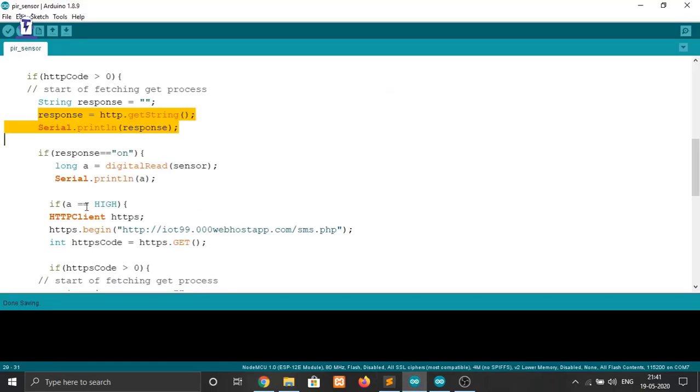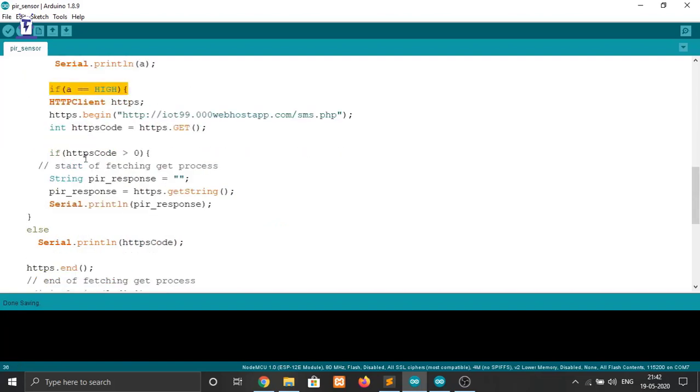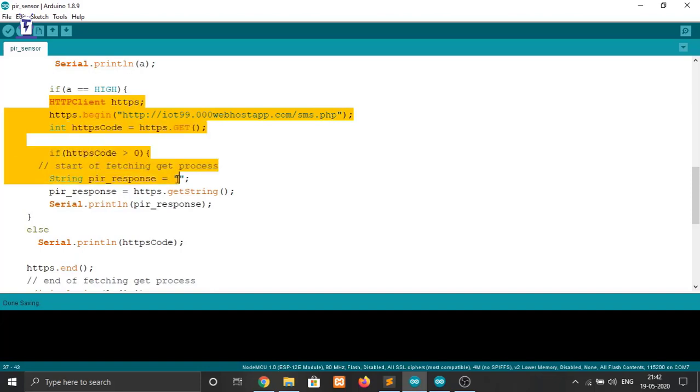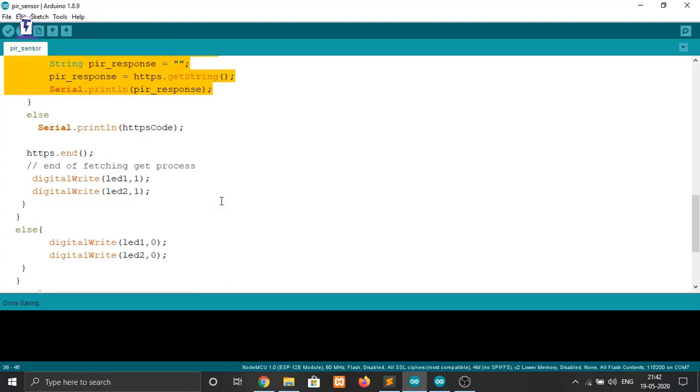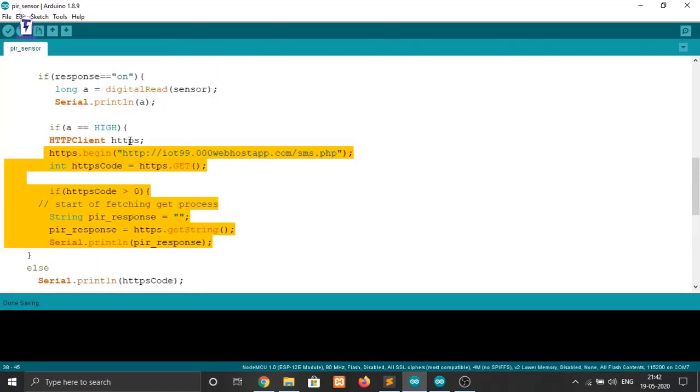Now if we get a response from the sensor as high, don't worry about this part right now, because in this part I have used a link using which we are sending a notification SMS to ourselves or any other mobile number which we want. I will cover this part in the next video. So please stay tuned to our channel, and I will show you how to send an SMS whenever an